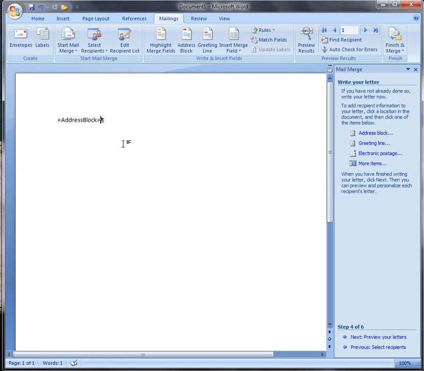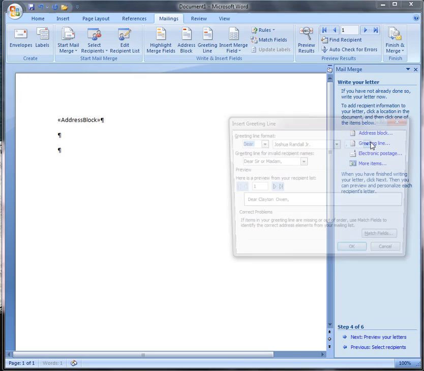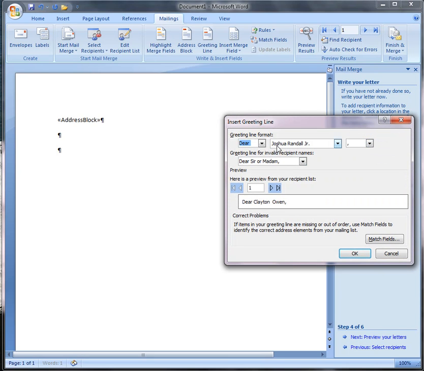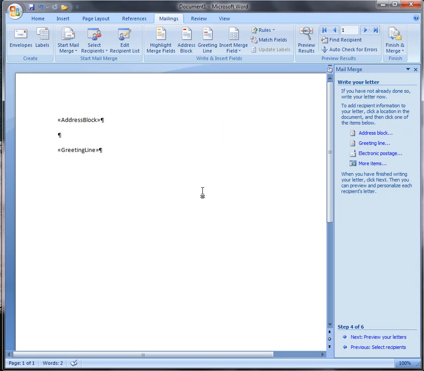There's the address. So I'm going to go down a couple lines, and now I'm going to put in the greeting line. This says Dear, and it's a little formal for me. And so what I want to do is change this. I like just the first name, Dear Clayton, Dear Josh, whatever it may be. So I'm just going to say OK to that. Going to come down, going to insert a line here, and I'm going to say